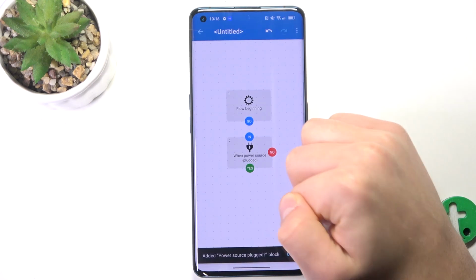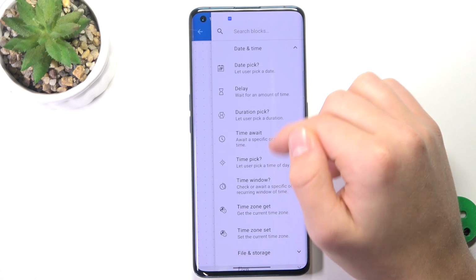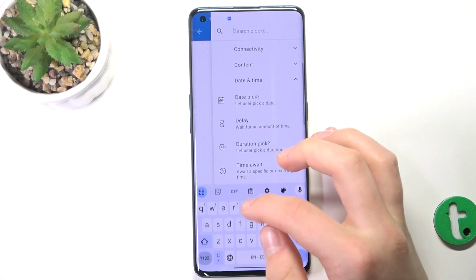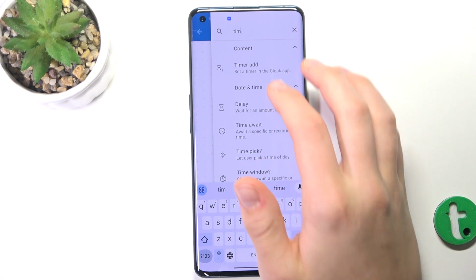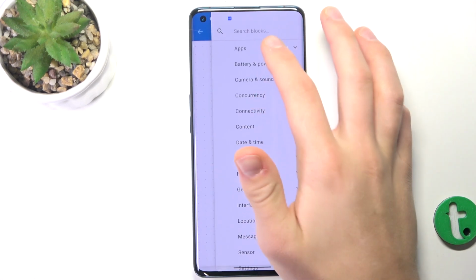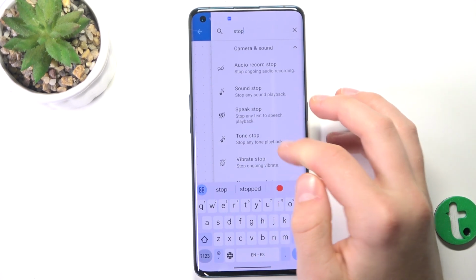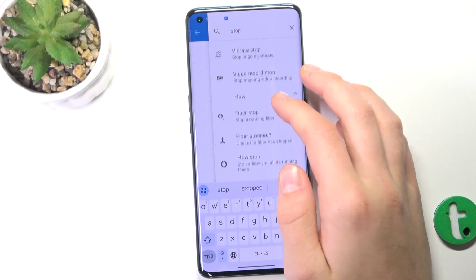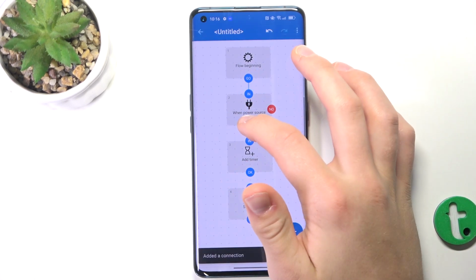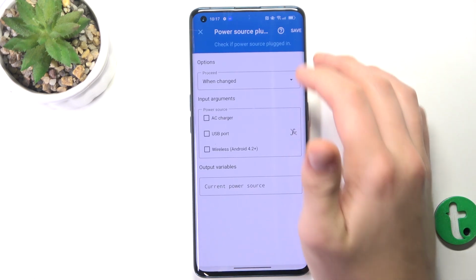Check if power source is plugged, and then start a timer. Timer add, and at the end we need a flow stop block. Okay, now connect all of them together, and I don't think we need to change any properties here,